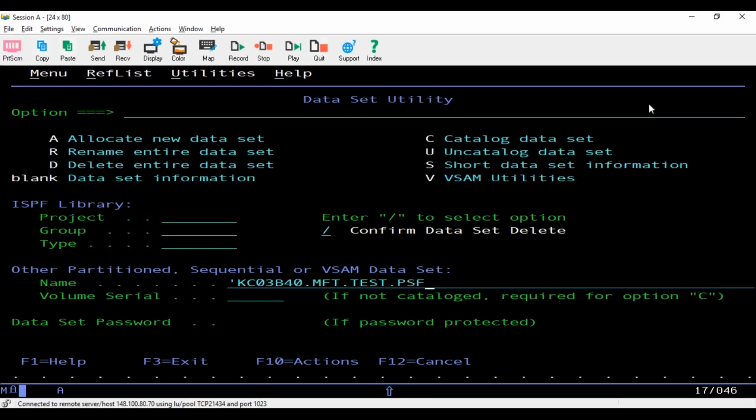Data set, right? Now you just press 2, enter. Leave the blank, or here, option 1, blank is data set information. It means here in the command prompt, do not type anything, just press enter. It will show the dataset information,